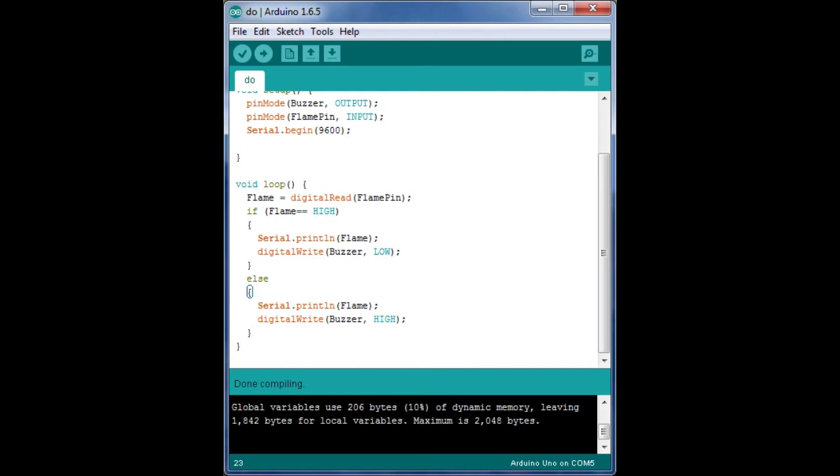So when the flame equals high, that is 1, that means the flame sensor did not actually get any value of fire wavelengths, so the value is 1 and the buzzer will be off. As a result, the buzzer is low. Else, when we go to the Serial.println, here flame, now if we light the torch, we get to see that